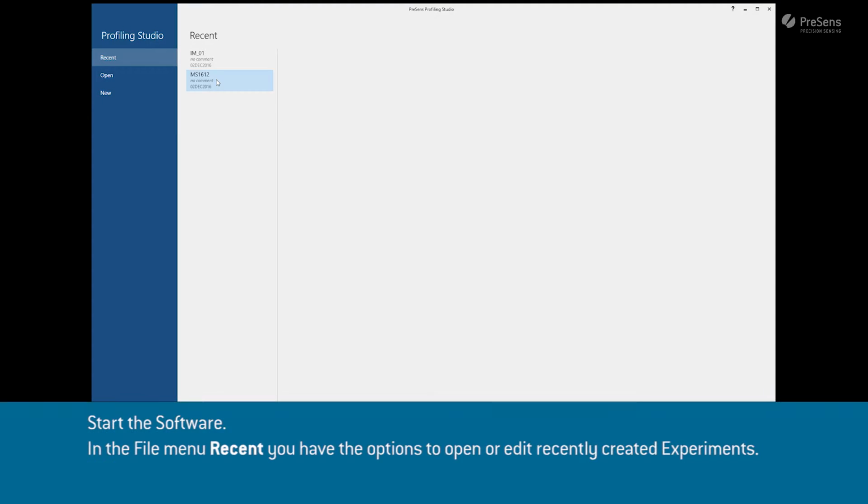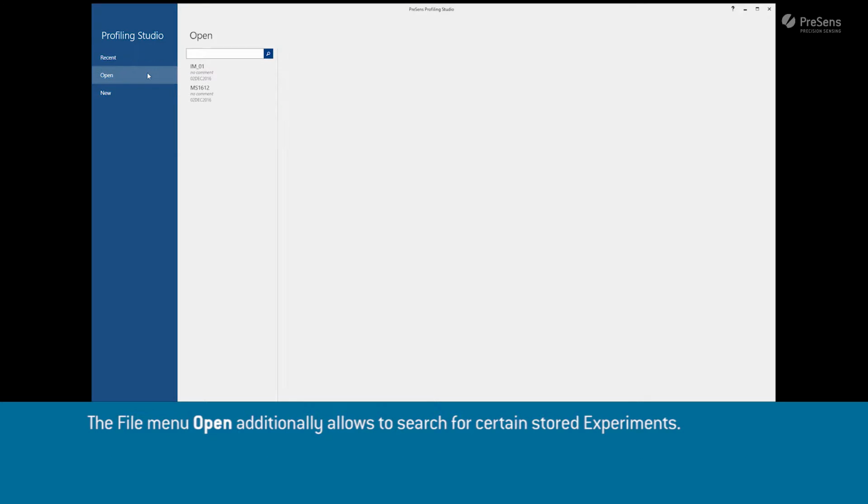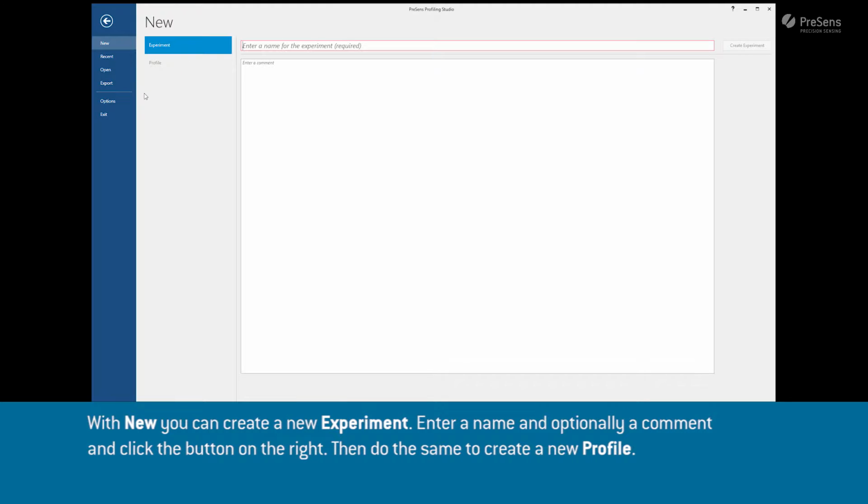Start the software. In the File menu Recent, you have the option to open or edit recently created experiments. The File menu Open additionally allows to search for certain stored experiments. With New, you can create a new experiment, enter a name and optionally a comment, and click the button on